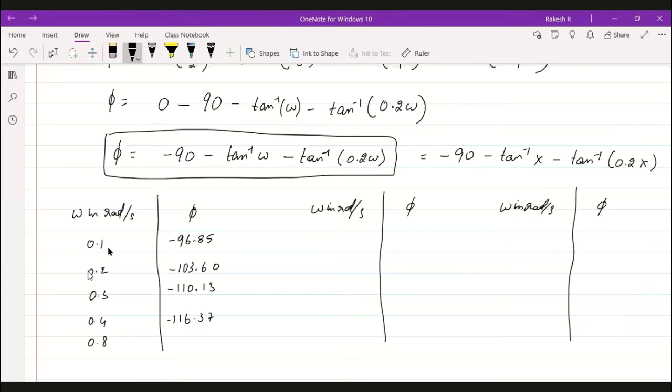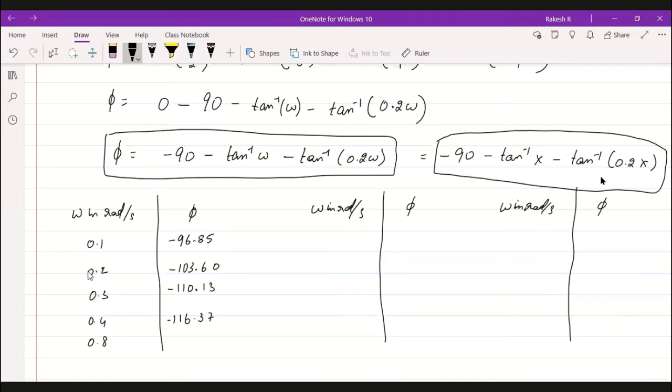Shift calculate means you're solving the equation. This is not the equation to solve here. We need to solve for each value here. Yes, sir, I got it. In the value of x, we have to substitute 0.1, then 0.2, right? Yeah, you have typed this in your calculator. After typing this in your calculator, don't press shift calculate.